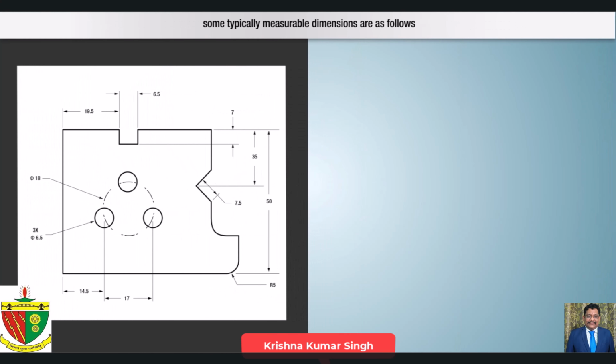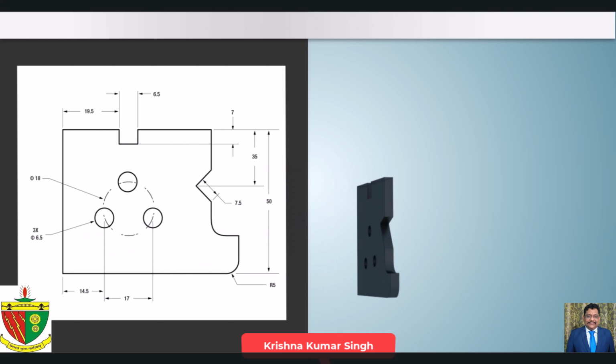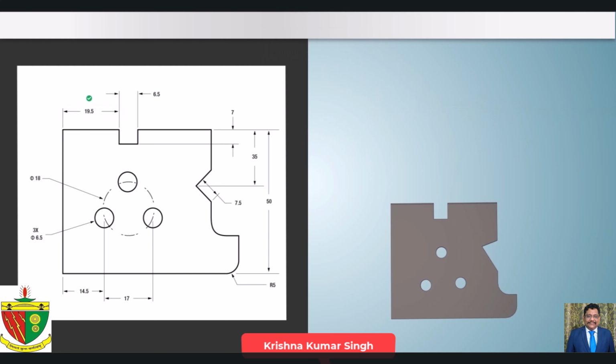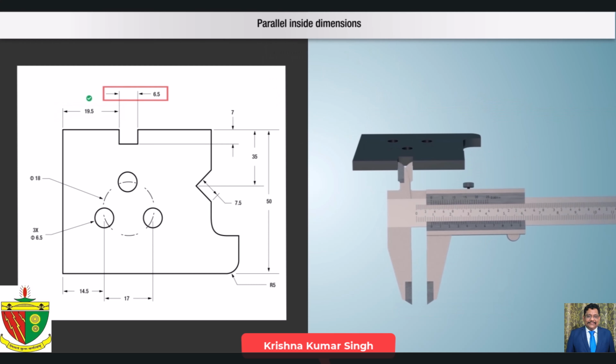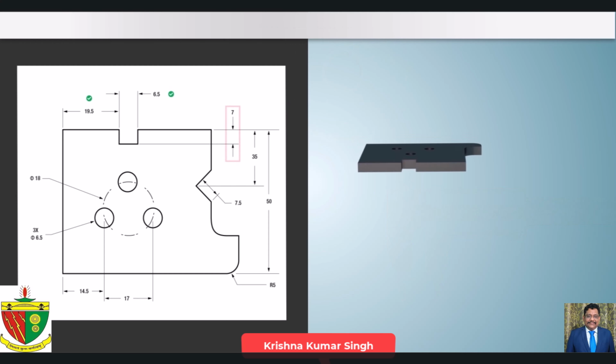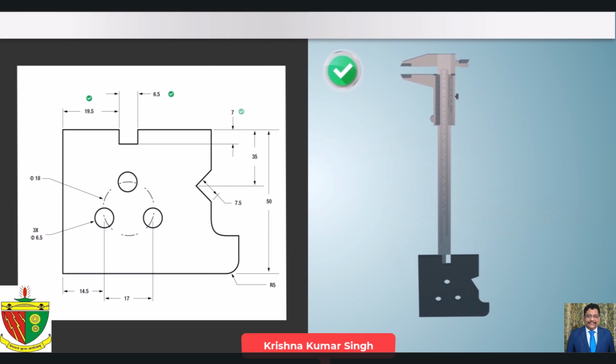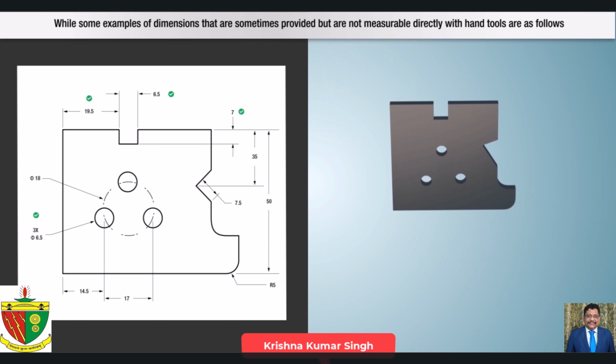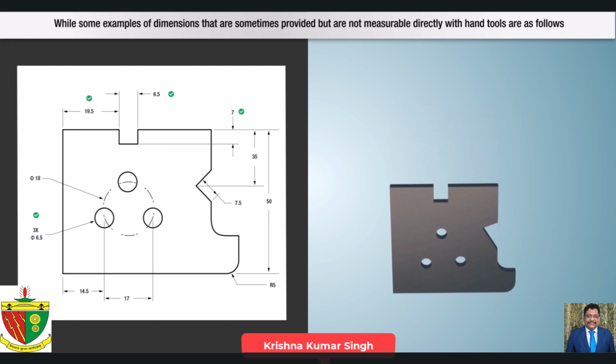Some typically measurable dimensions are as follows. Parallel outside dimensions, parallel inside dimensions, depth, hole bore diameter. While some examples of dimensions that are sometimes provided but are not measurable directly with hand tools